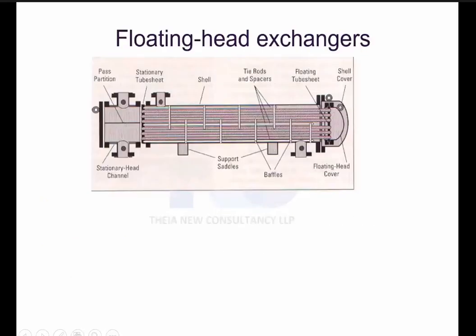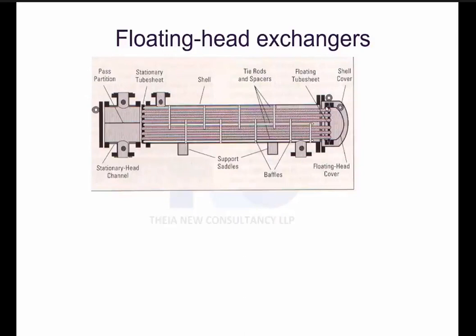Now you have the super duper exchanger. This is an excellent exchanger, called the floating head exchanger. Very, very expensive. Generally, you will see it very commonly in petrochemical industries and refineries. This is very common, but it is a very expensive exchanger. If you see here, you have a head. You can see my mouse, there is a head, right? This head is always floating with the shell. So there is expansion happening. So if the difference between the hot and cold is more than 93 degrees Celsius, easily we can use it.